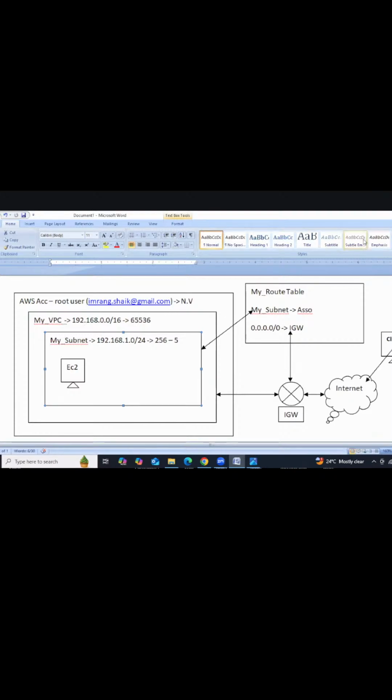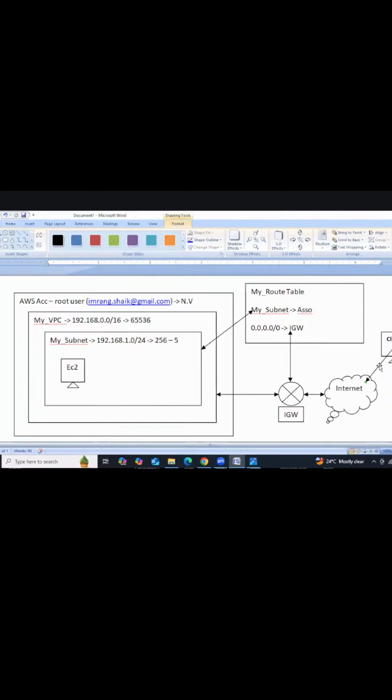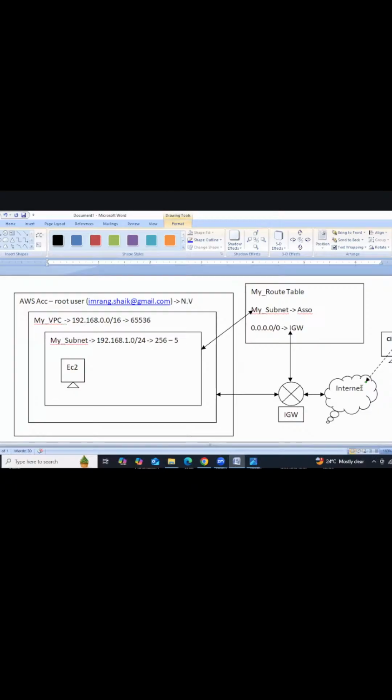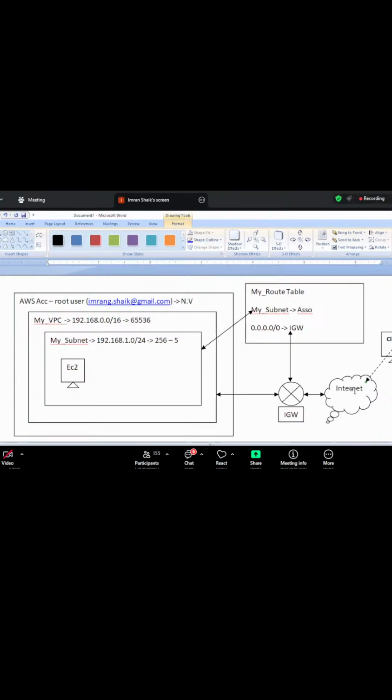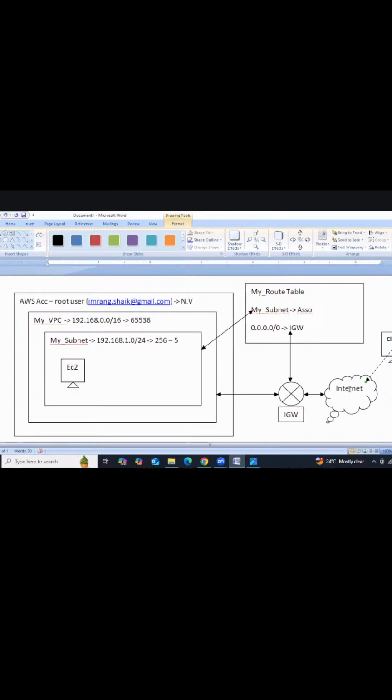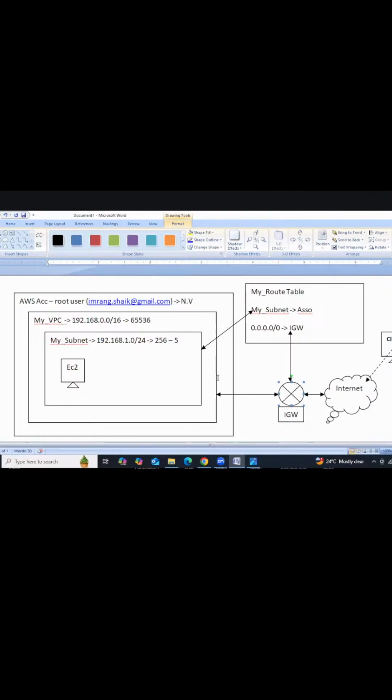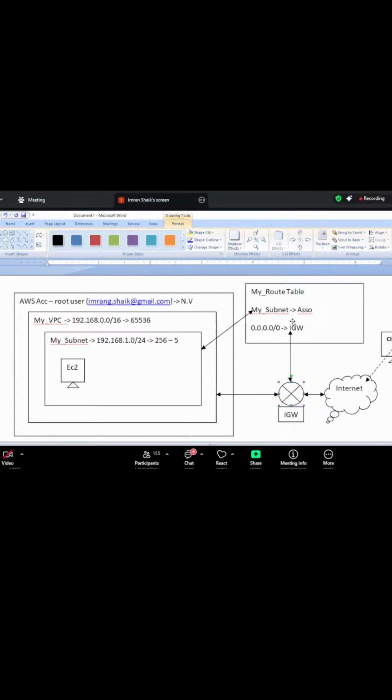Let's see here. First, we send the request from our client machine. The request is going to carry forward to whom? See guys, this request is going to carry forward into the internet. With the help of SSH or RDP, we send the request, and it will carry forward into the IGW. The IGW has communication with the VPC as well as the route table, right? So this IGW will send the request to the route table.